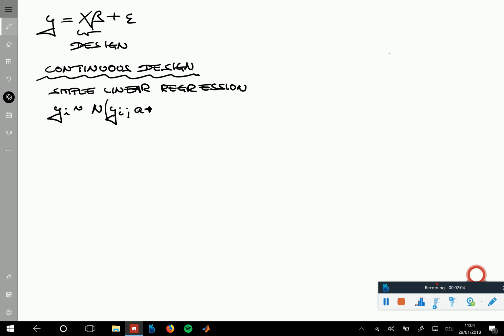So there is some offset, and there is some slope that is multiplied with the value of the independent variable. And of course, it's the realization of a Gaussian random variable, and all of the experimental units have the same variance parameter as